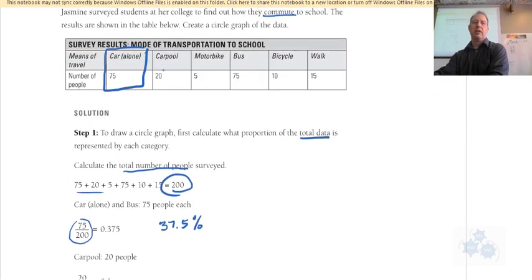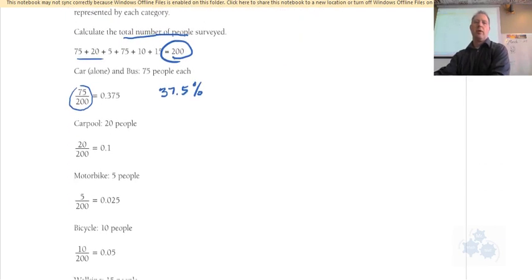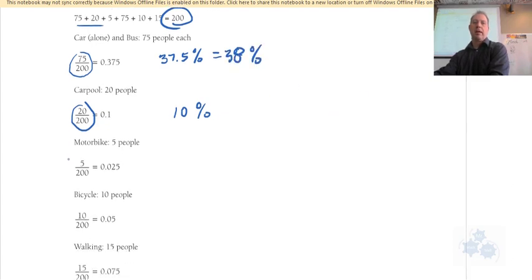The next section is carpooling, which is 20 people, and you repeat the process. 20 divided by 200 is 0.1. That is 10%. Now I think we should round these to the nearest percent. What do you guys think? Let's do 38%. Motorbike is 5 people, so 5 out of 200. That's 0.025, which is